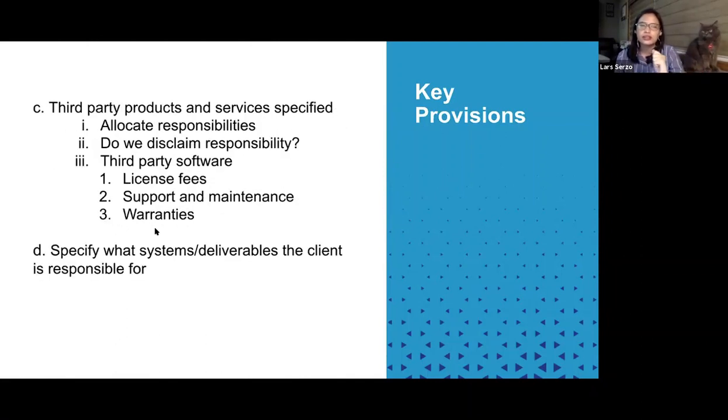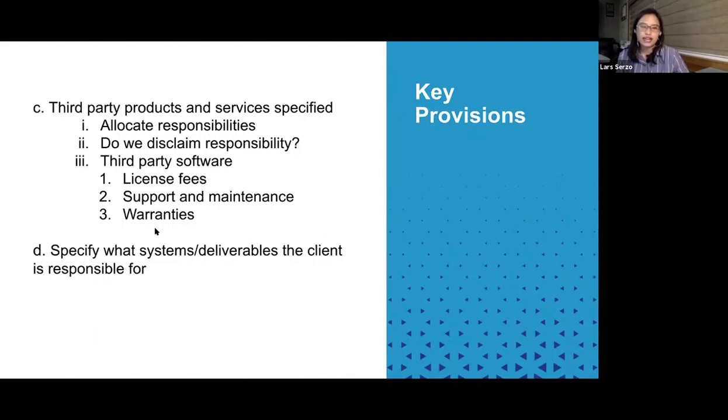All right. So now this is a tricky aspect of some contracts. Let's say you're engaging a tech provider to provide you with a crucial piece of technology. However, 90% of the software being provided to you is actually being provided by another third party, like a subcontractor of your direct provider. Then if you want to be strict about it, your contract should allocate responsibility.